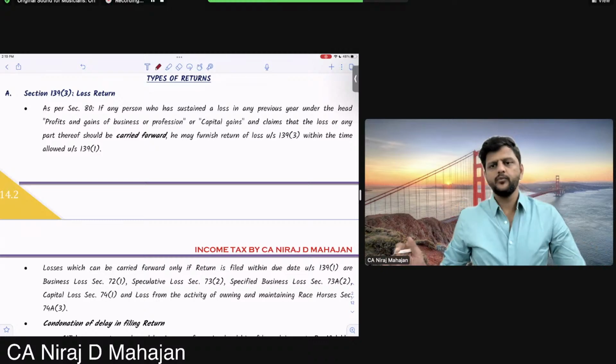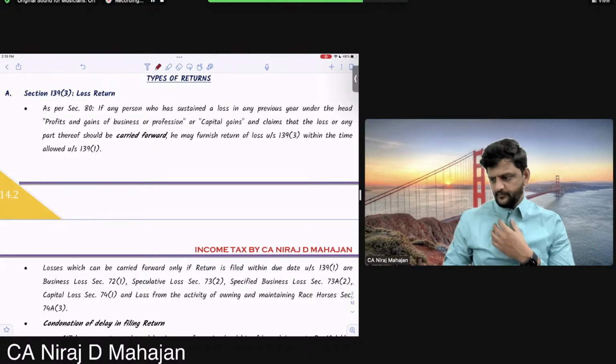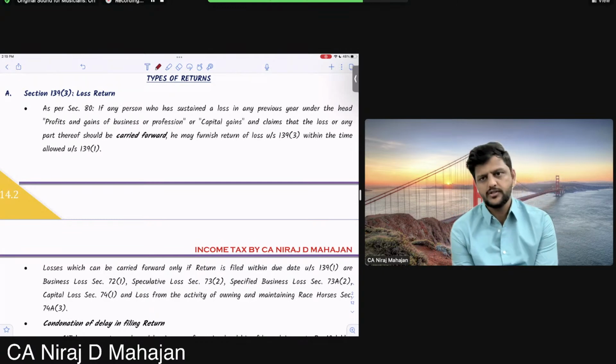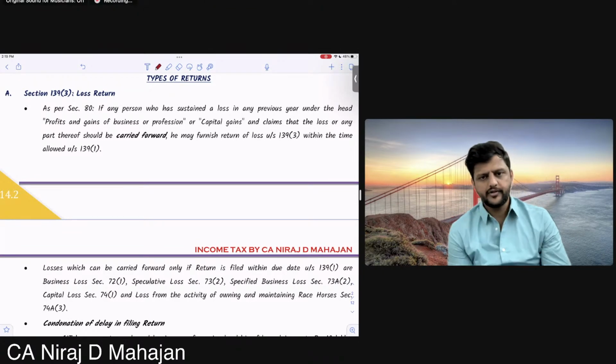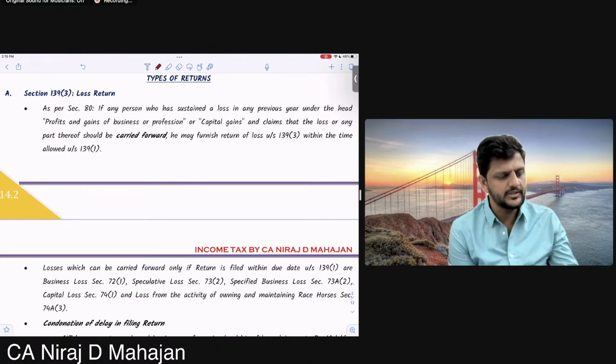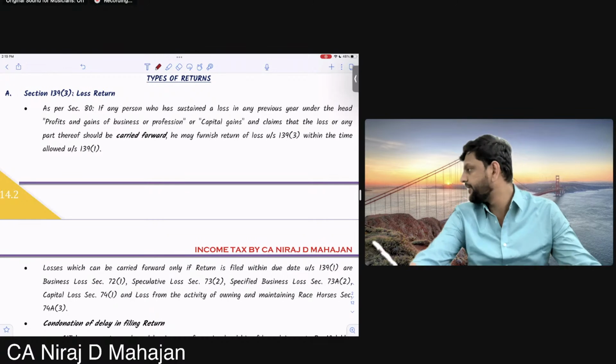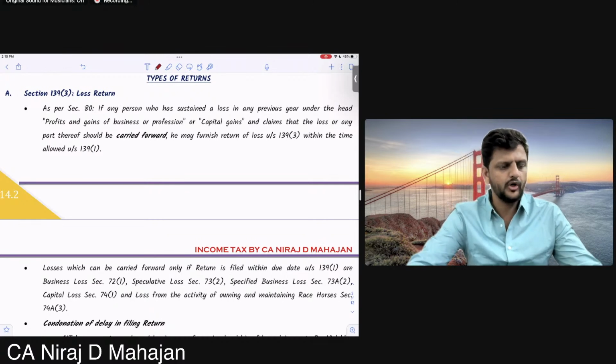Let's go ahead, everybody. What did we see in the last lecture? When do we have to file income tax returns compulsorily, especially the individuals? Correct, everybody? That also we have covered. Cases where the returns are compulsory, even if the income is below threshold limit, electricity expenditure, foreign travel expenditure, all of that. Those cases also we have covered.